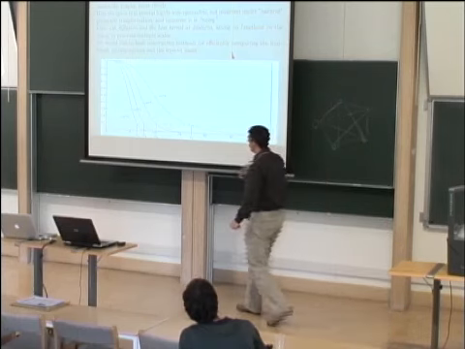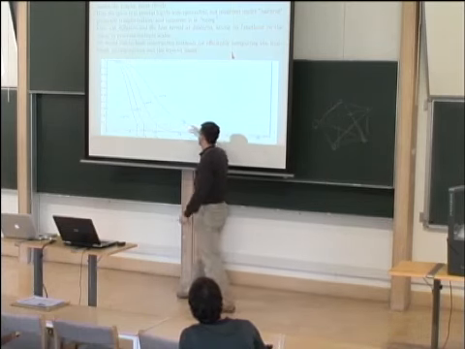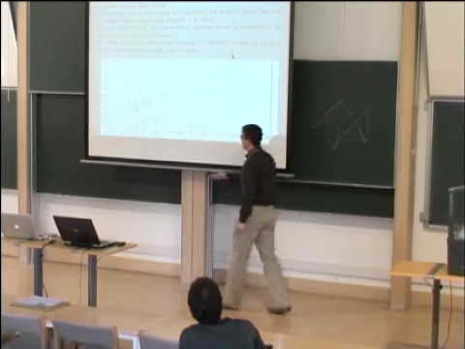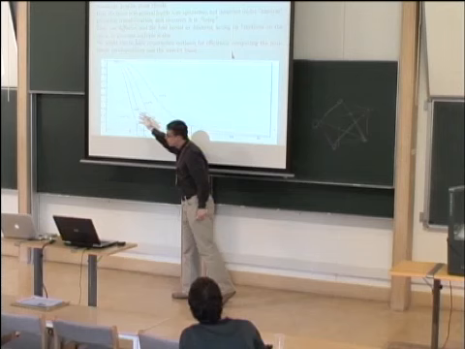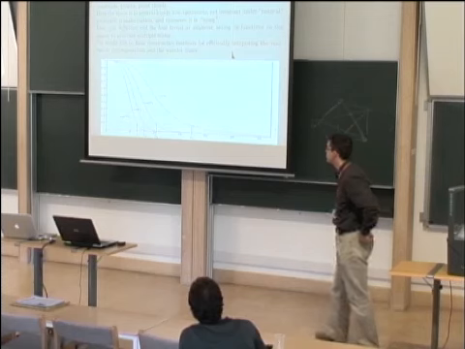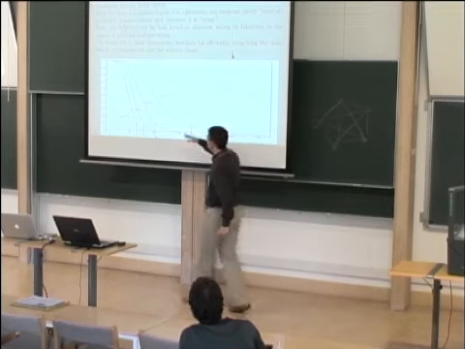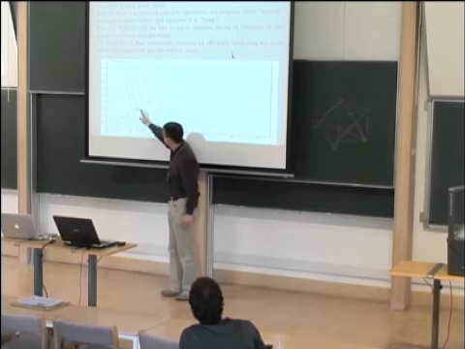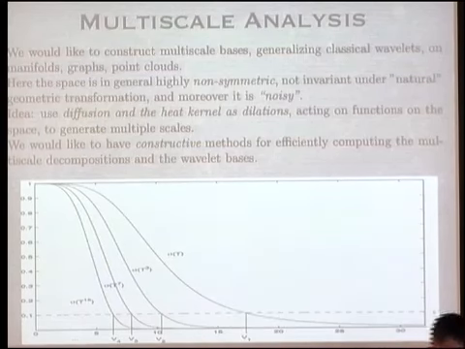And here I'm plotting a typical spectrum of the matrix T, which has some decay. As soon as you start taking powers of T, the spectra decay more and more, simply because the spectrum of T is always bounded between 0 and 1. So this is the spectrum of T. Then this is the spectrum of T cubed, T to the 7, T to the 16. I'm just taking dyadic powers of the operator T.